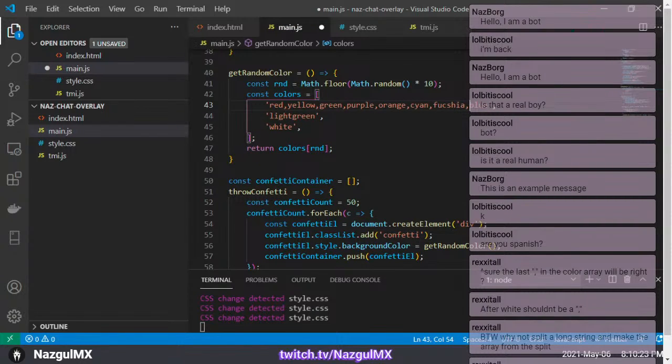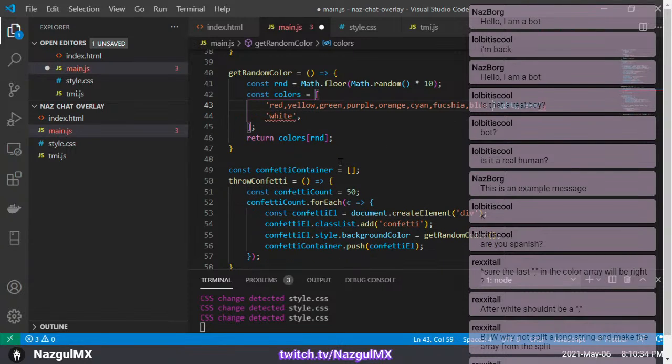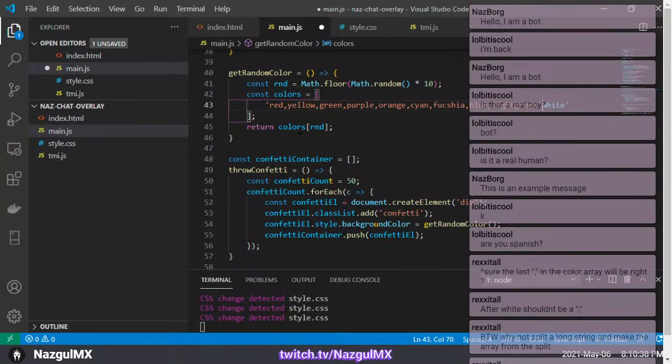Color equals color plus white. I'm not sure if I am getting it, but we can do something like,